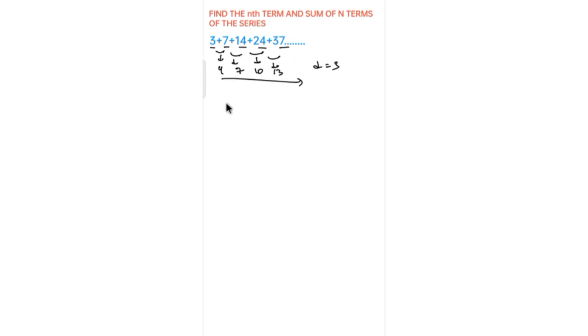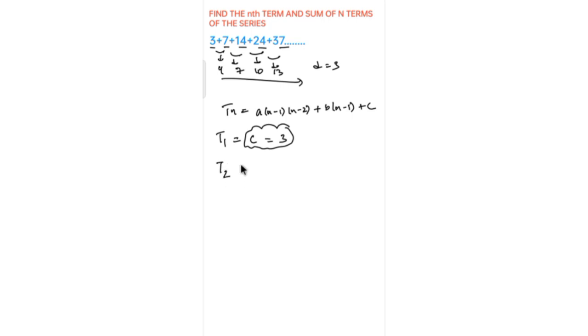So as told, you can just generalize the Tn in this form: A into n minus 1 into n minus 2 plus B into n minus 1 plus C. Alright, so just put n is equal to 1 now. You get T1 is equal to, A into 1 minus 1, so it's 0, and B into 1 minus 1, it's 0, plus C. C is equal to the first term, which is 3. So C value is 3. You can just mark it in this way.